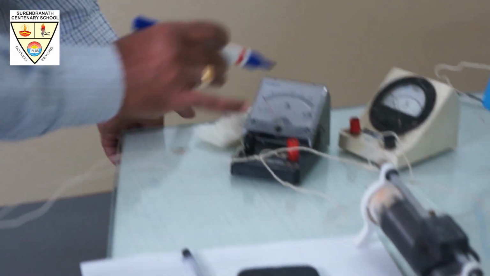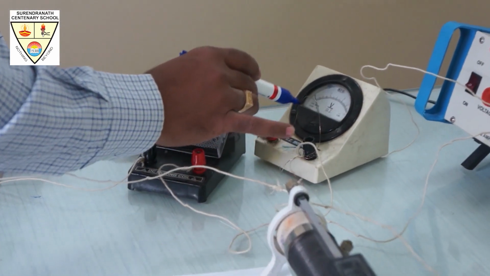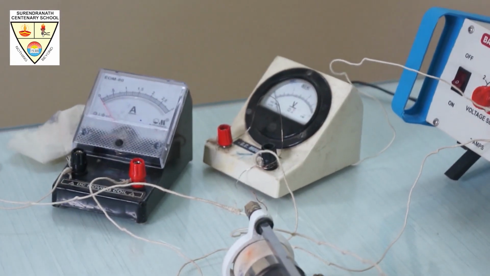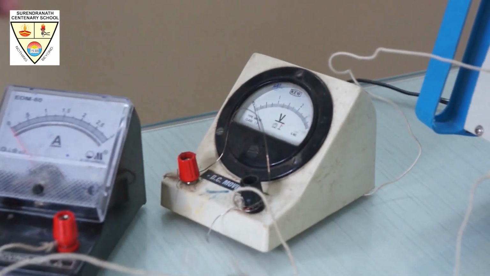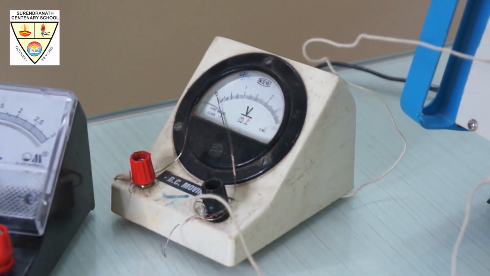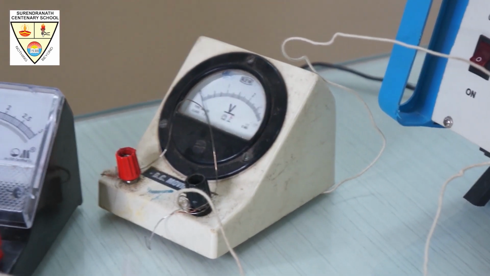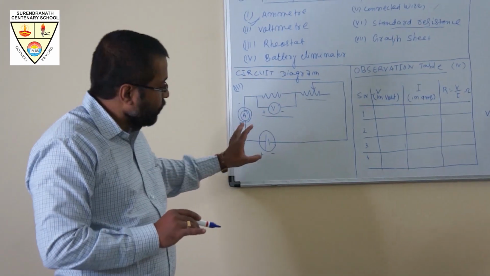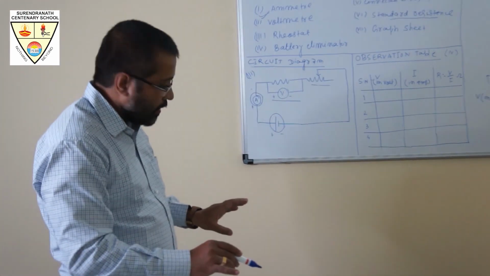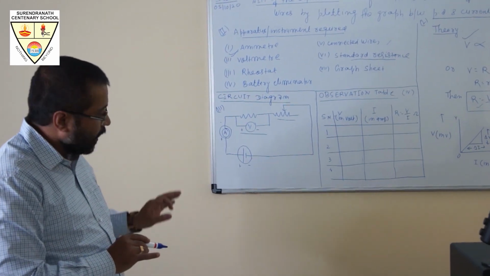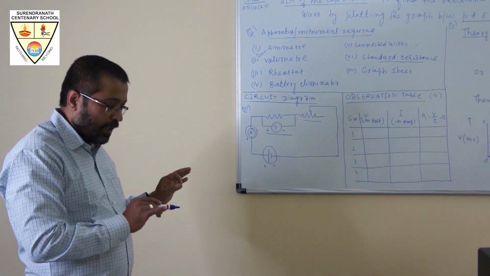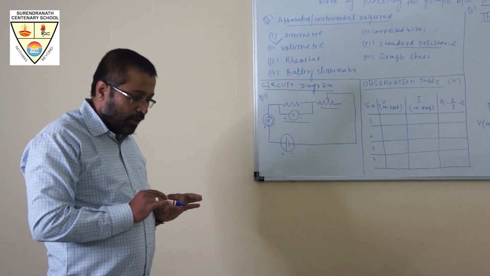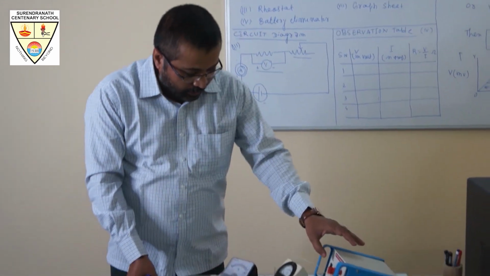This is the rheostat. These are connecting wires. And here, the wire you are seeing is our unknown resistance, and we have to find the value of its resistance R. So now you arrange all the apparatus according to this circuit diagram. Here is the circuit diagram. You have to connect all the apparatus as per the circuit diagram. Keep in your mind the polarity cannot be changed. Now power on the battery eliminator.